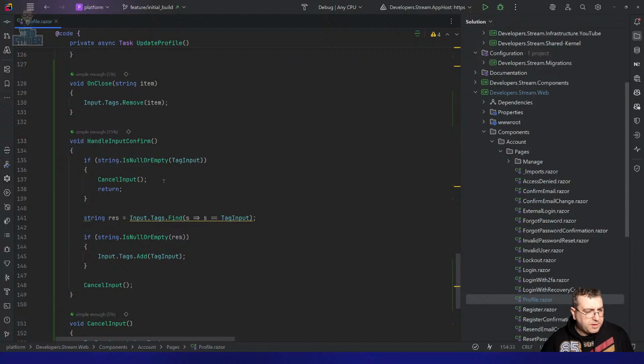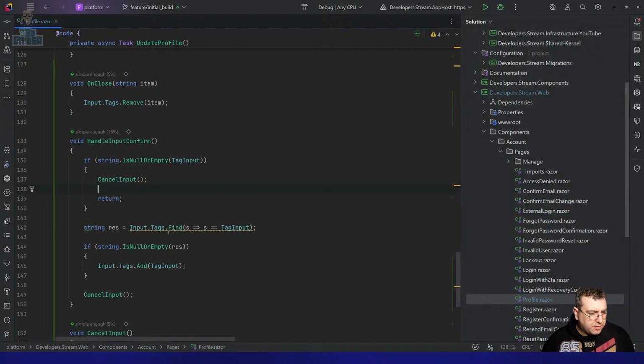If it's null or empty, then cancel import. Return that, guard against it. That's fine. Let's try. Again, I'm not trying to pull in